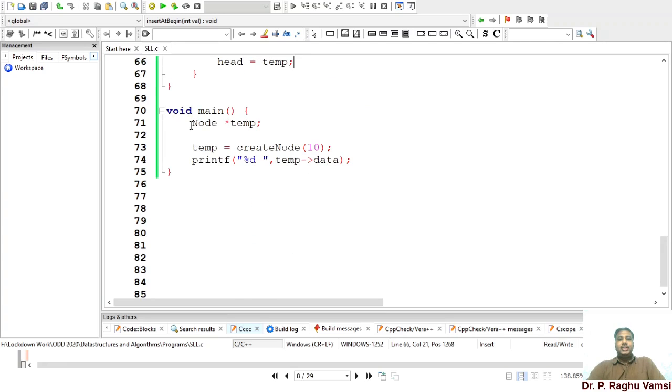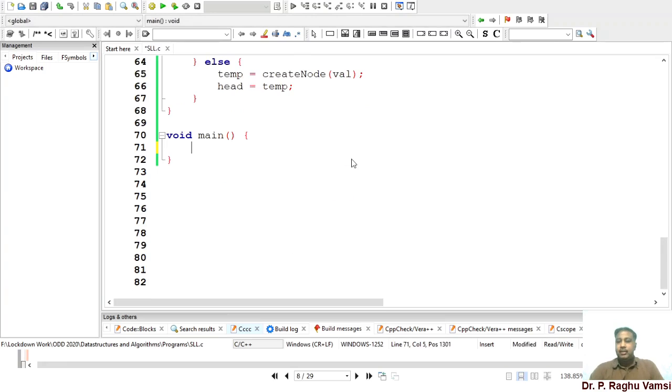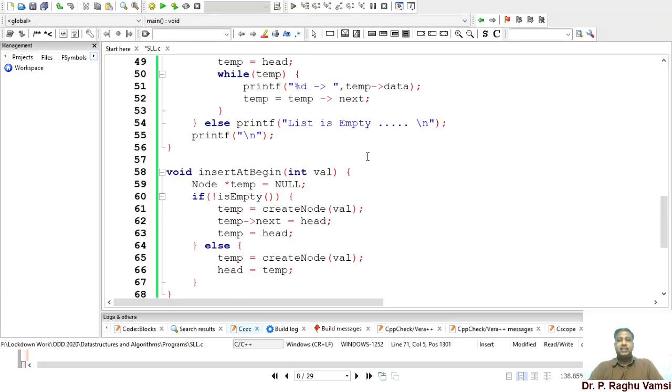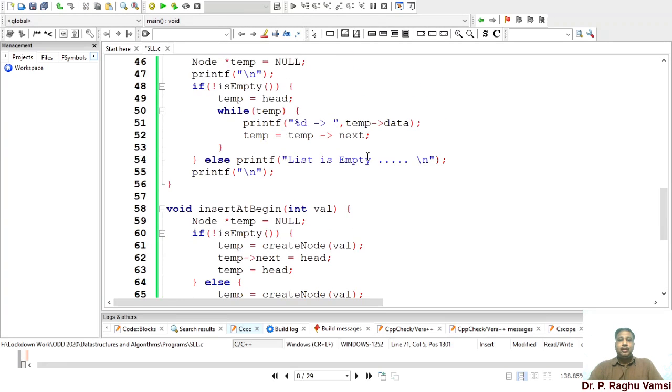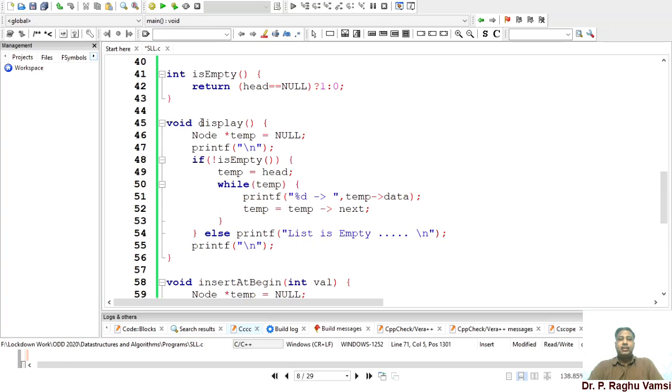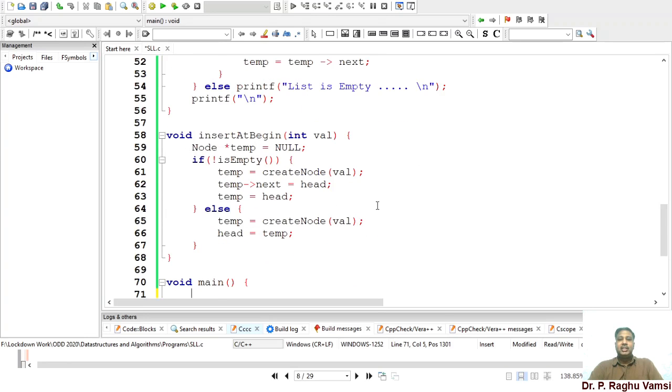Now what I will do is check these two functions. So far I have written the display function and insert at begin.